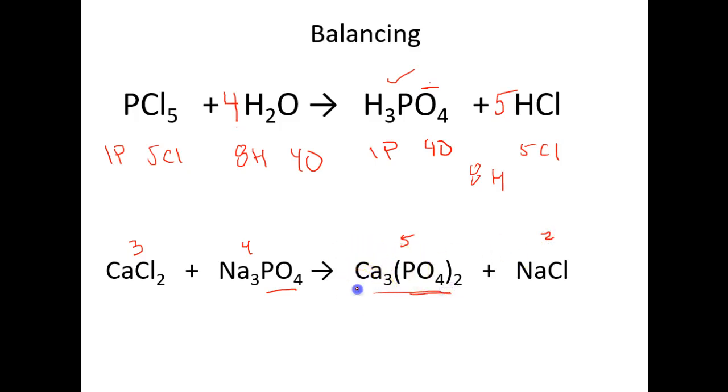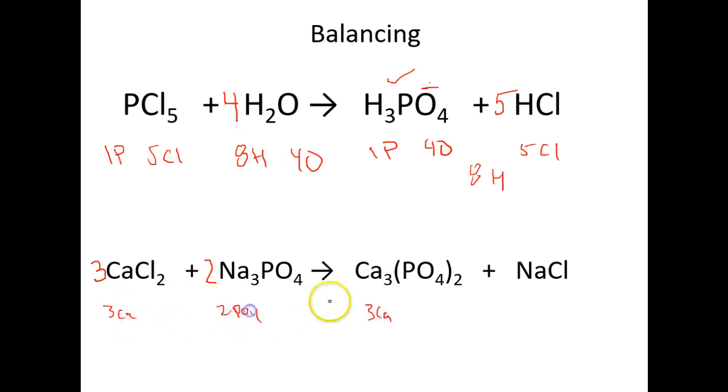And in particular, I'm going to start with the calcium because there's 3 calciums to 2 phosphates. So 3 calcium here, so I have to put a 3 in front of my calciums. I'm going to erase these now because they don't really mean anything anymore. Then I go to the next one, the highest amount, which is my phosphate. I have 2 phosphates, so I'm going to put a 2 in front of there. So my calciums are balanced. 3 calcium,